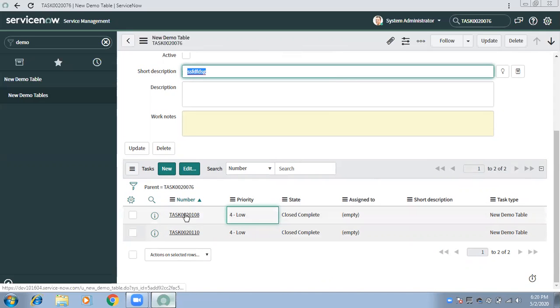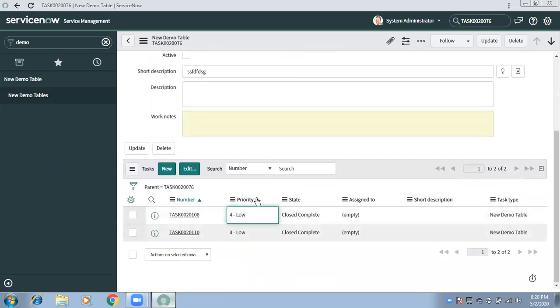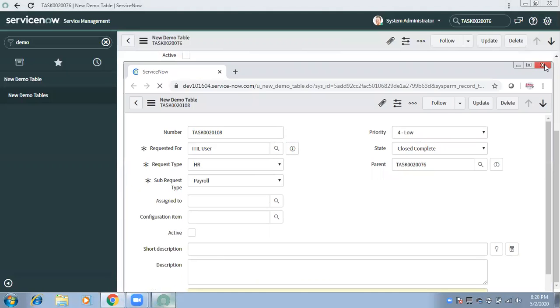And your business rule is written on this table, right? And what does the business rule say? Whenever a record of the demo table is getting updated and if the state is this, then run the business rule. So the business rule has run 3 times.